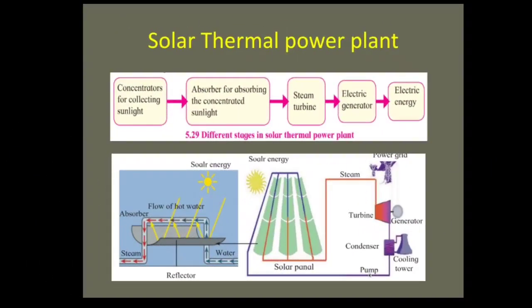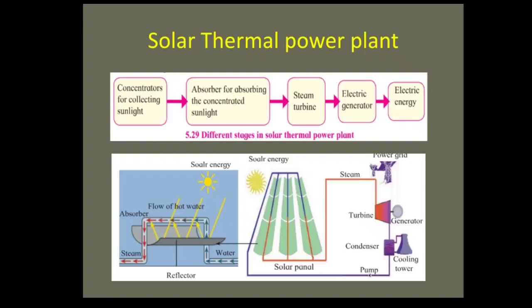Electric energy generation using solar energy. Using the energy in the sunlight, electrical energy can be generated in two ways. In all the above methods of electricity generation we have studied, the electric generator is driven by some source of energy and electricity is generated by making use of the principle of electromagnetic induction.